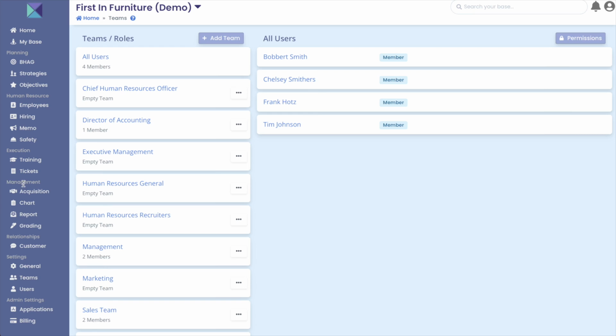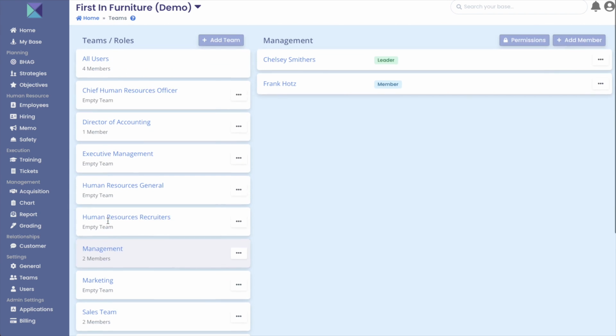Let's say, for instance, we want the management team to have higher level permissions over the management applications, such as acquisition, chart, report, and grading. However, we don't want them to be quite admins, so maybe we'll give them delete level permission. How we're going to do this is first go and find the management team, select the team,